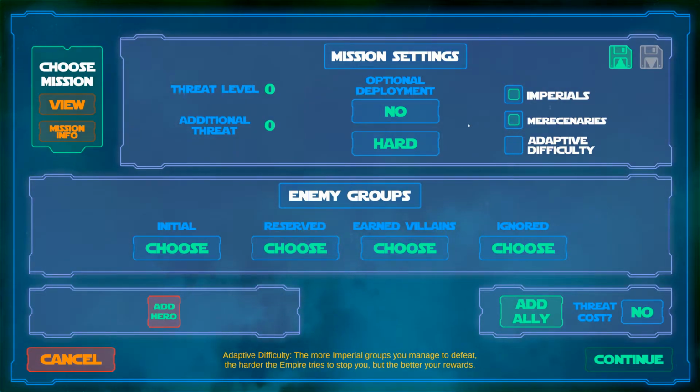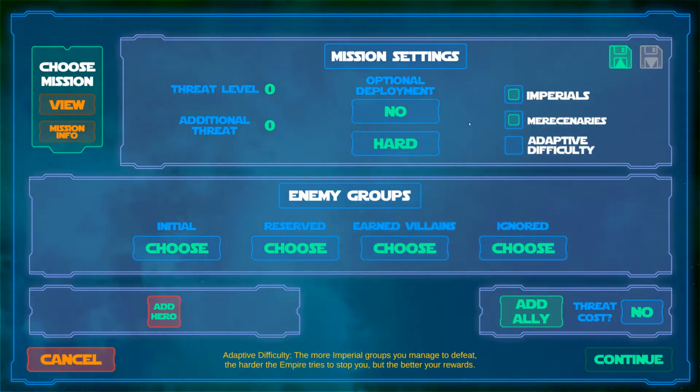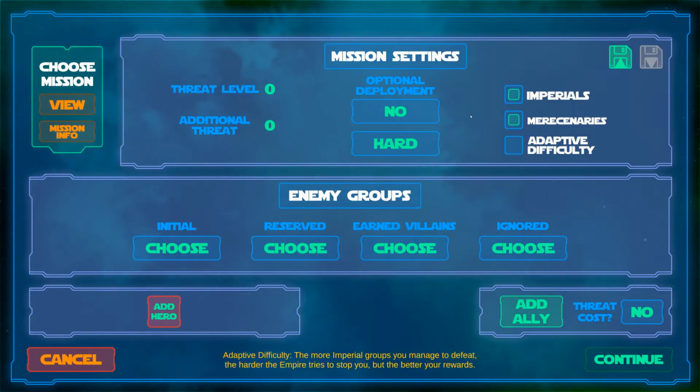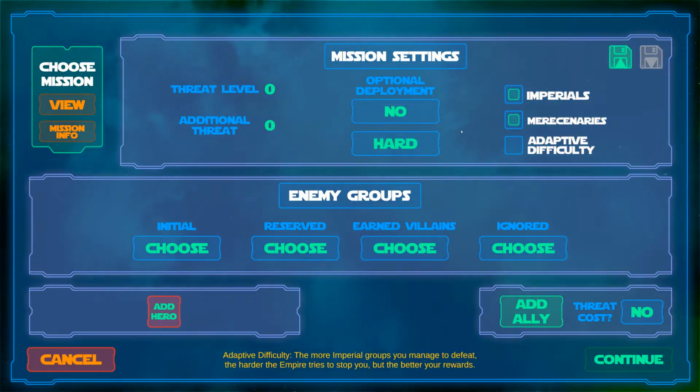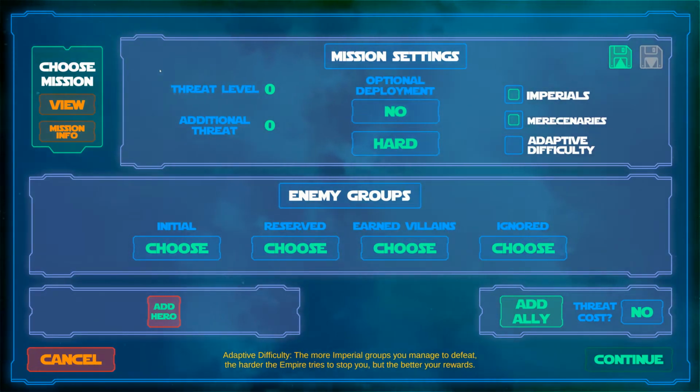You can play around with the difficulty settings as much as you like until you find something that feels right. My baseline is medium difficulty, starting with the threat level as determined by the campaign guide, then increasing it by 1 or 2 and turning adaptive difficulty on. During the mid or late game, when the heroes are more experienced, or when playing a particularly effective team, maybe switch to hard. Okay, let's talk about how to set up a mission now.